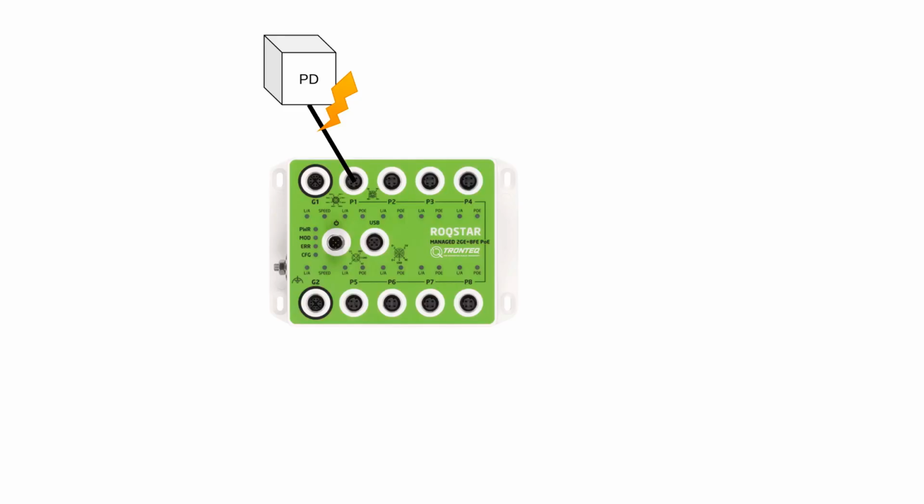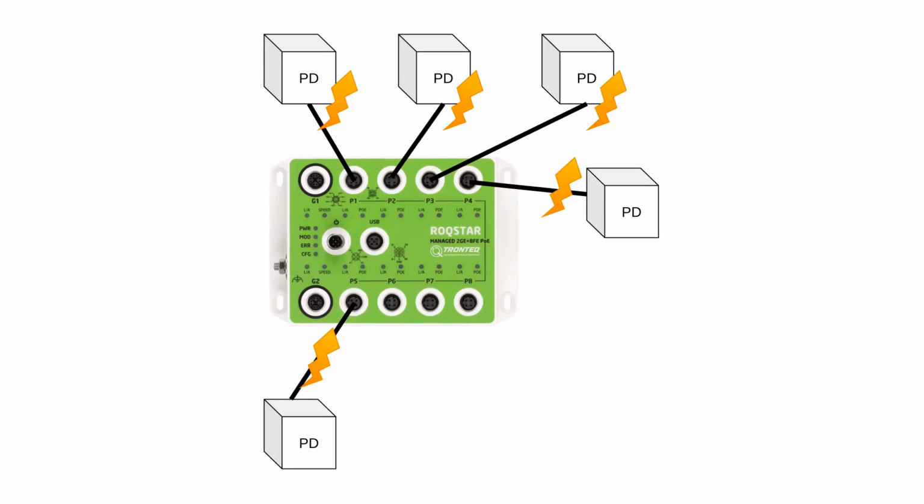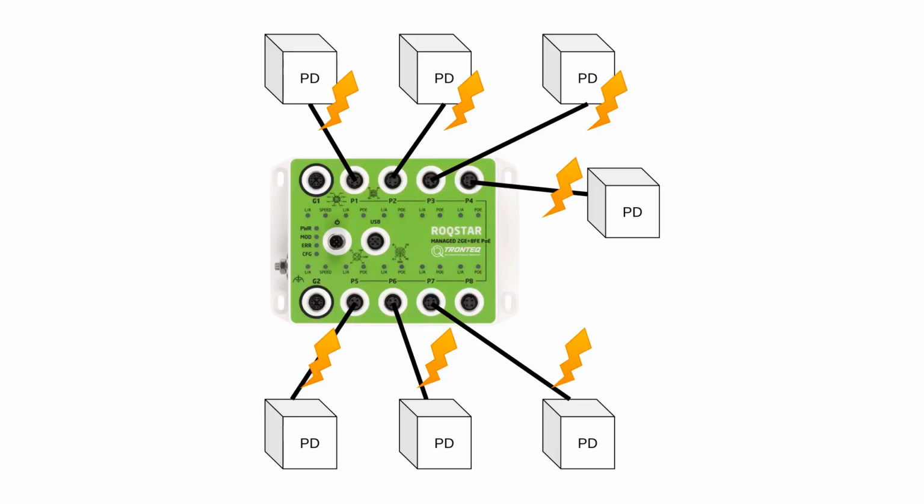Using PoE, the Ethernet switch can supply power to compatible devices using the Ethernet cable, so no additional power cable is necessary. Both Ethernet data and power is transferred. In our ROQSTAR Ethernet switches, PoE is enabled by default, so in general you can just connect your devices and